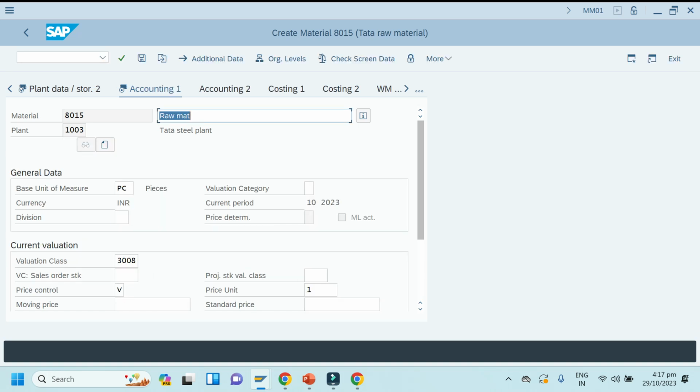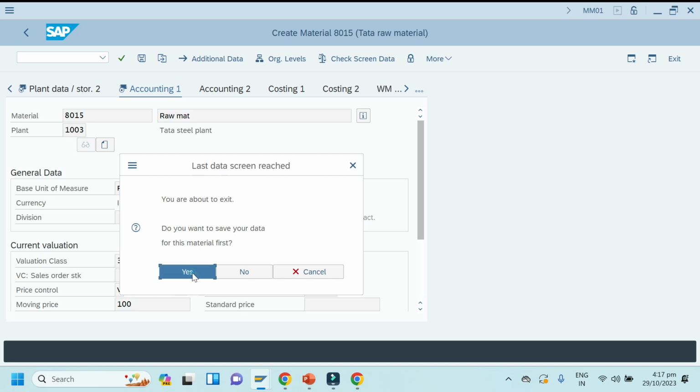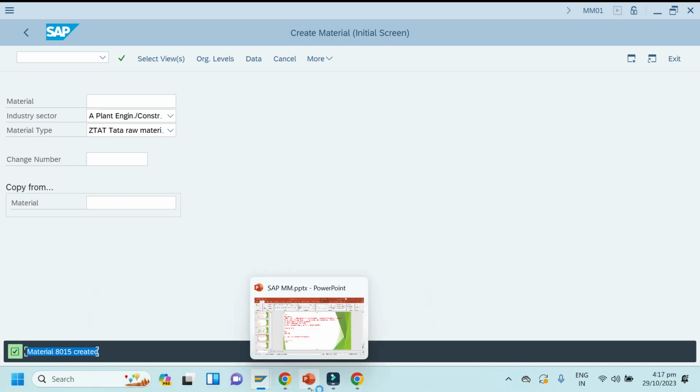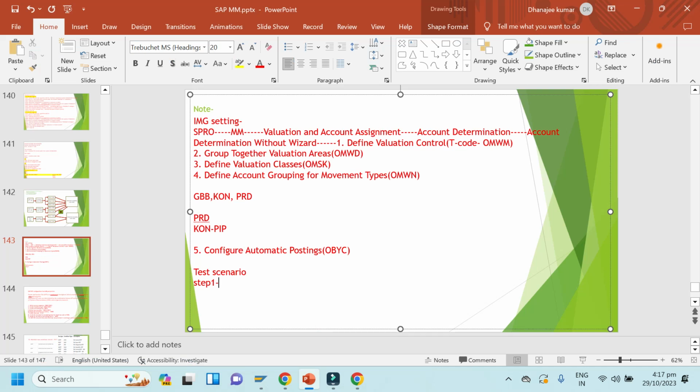Okay, so in accounting it automatically came 308. Why? Because I have configured. Okay, so price I will keep it 100 rupee now and save. So one material is created, 8015. So this is with moving average price.